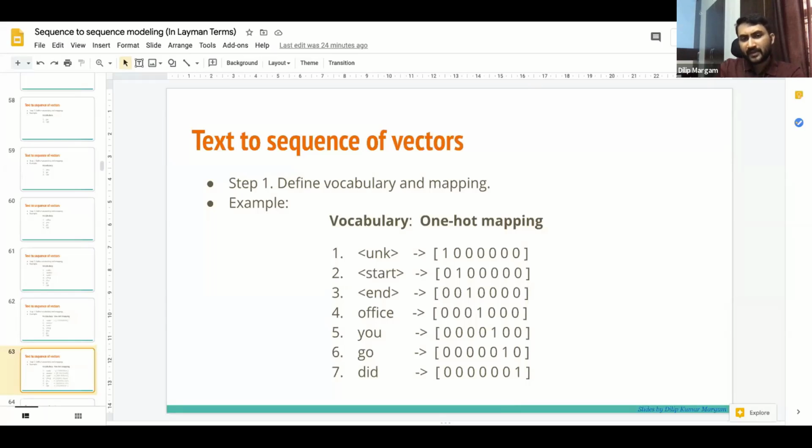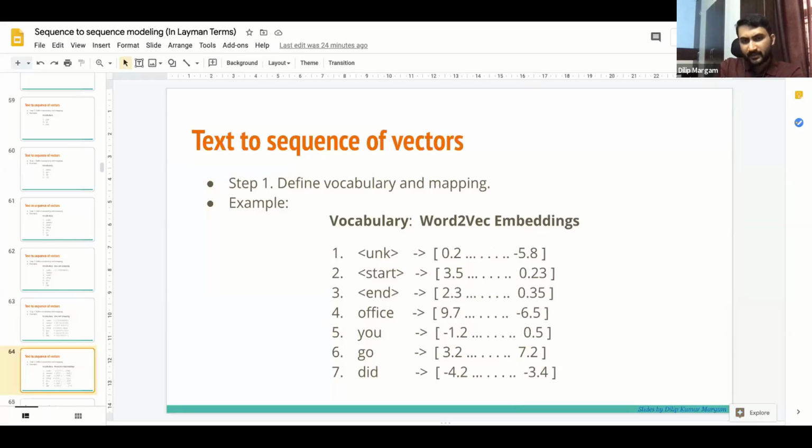There are many ways to do this mapping. This one hot mapping is a basic mapping. You can also use word2vec embeddings, and the current state of the art uses BERT embeddings, ELMo embeddings and many other embeddings. So what are these embeddings? These embeddings have more meaning in them.